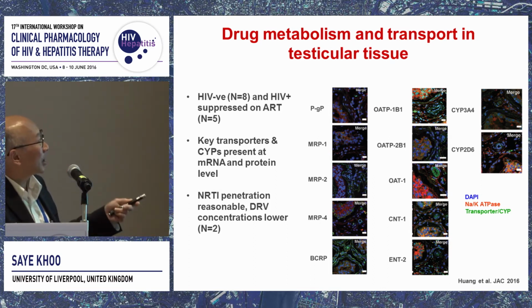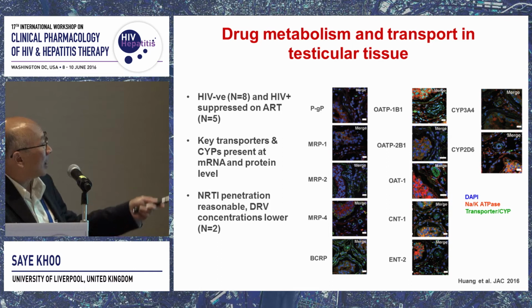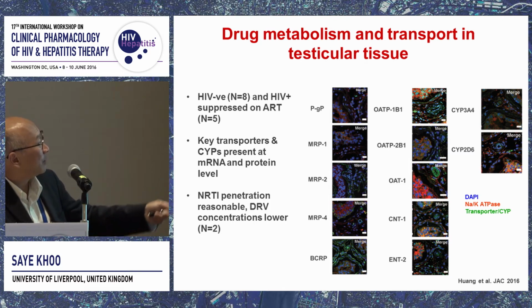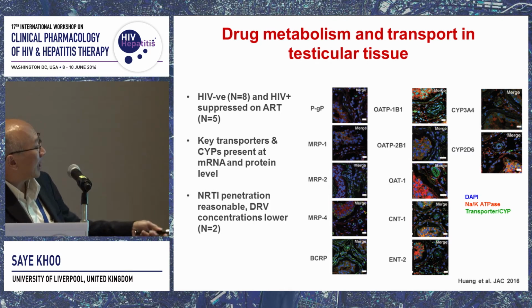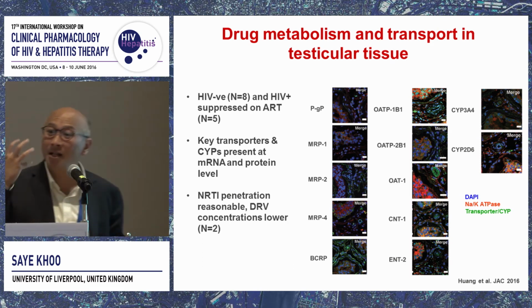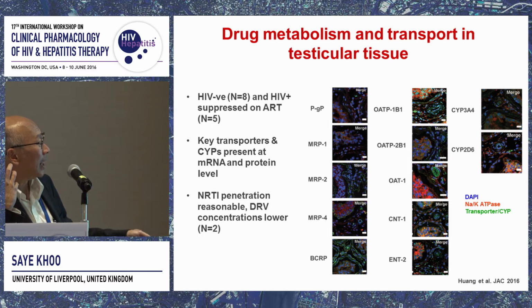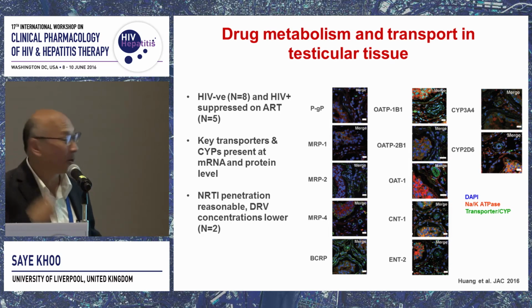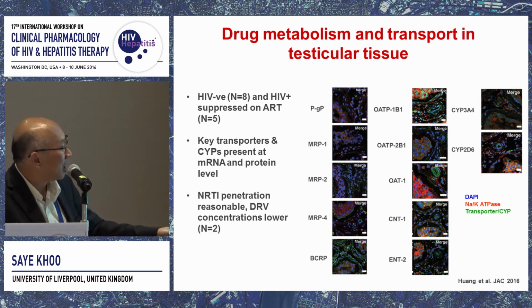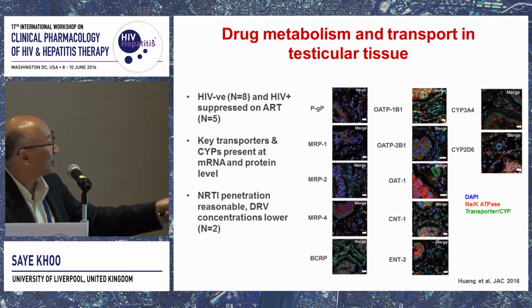So within testicular tissue, this is an array of 10 transporters and 2 cytochrome P450s. And if you look at the stain, the blue stain is DAPI, so that's a DNA stain. It stains for nuclei. The red stain is an ATPase, that stains for cell membranes. And you can see that cell membrane localization with the transporter or the CYP in question is present abundantly in